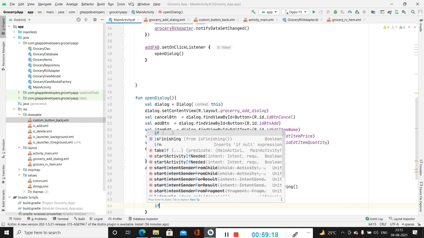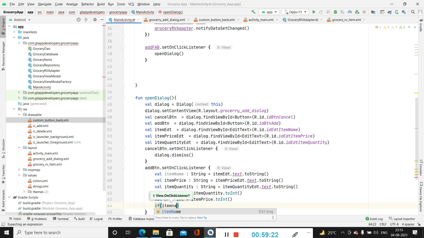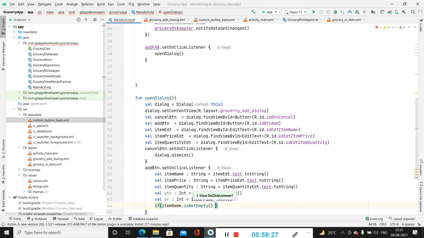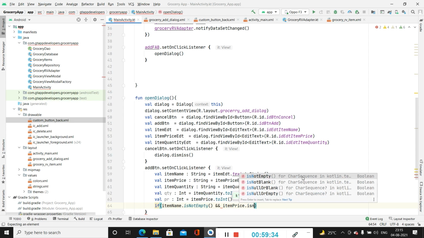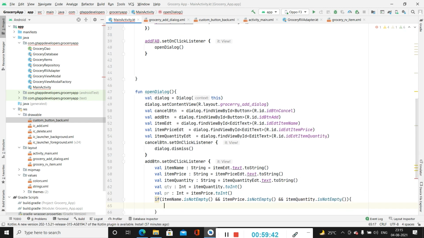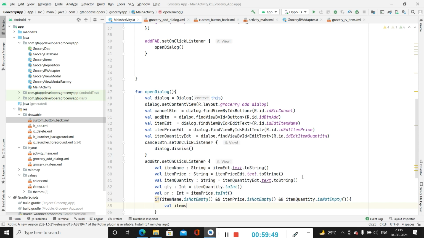So for that, if item name dot is not empty, so we will be checking is not empty, and in else condition we will be displaying the toast message. Item price dot is not empty. So in this condition we will be simply creating the item and passing all the values inside our grocery items,